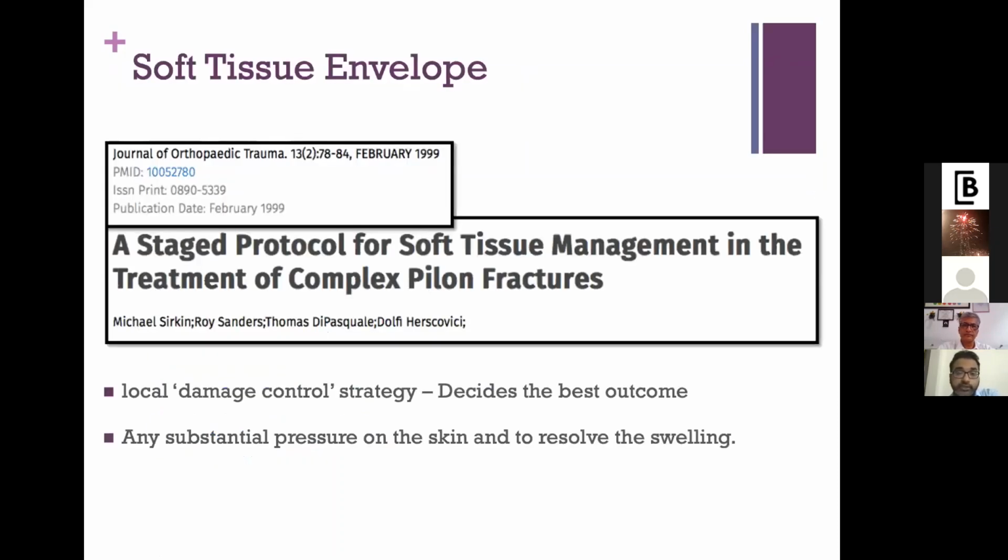After 3 decades of this original paper, we got another landmark paper where they more or less standardized the treatment in a staged manner. If there is compromise of skin and soft tissue, or any compound fractures, that should be managed in a staged protocol, and it is standard now, where in the first stage you try to control the local damage that has been done to the skin and soft tissue, and later on you go and fix in a second stage.